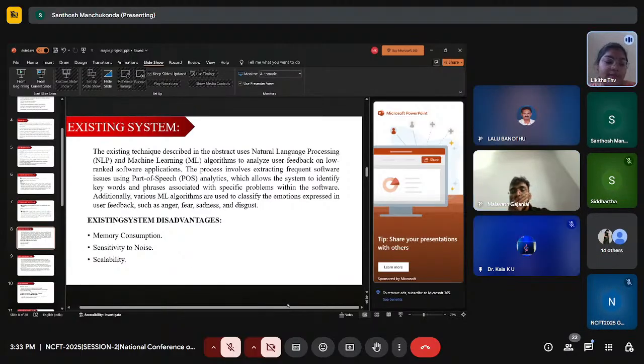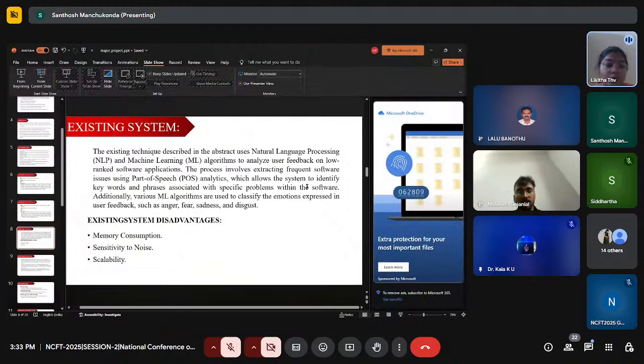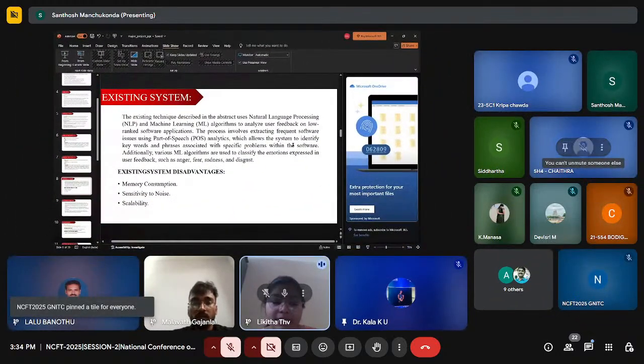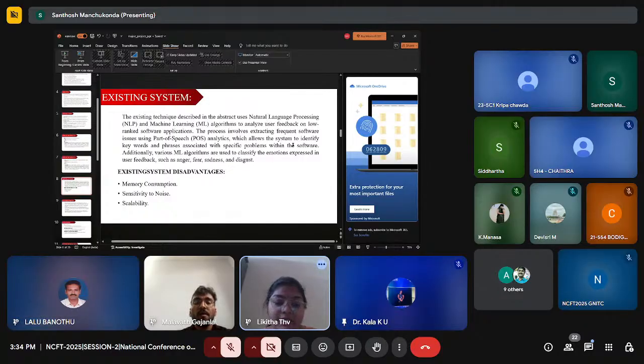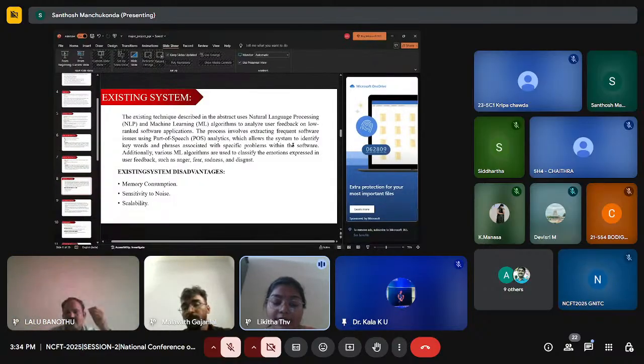In the proposed system, we use two deep learning models, BERT and LSTM, and these two understand the meaning of a word by looking at the full sentence. For example, the word bug could mean an insect or a software error depending on the context. LSTM then captures how emotion evolves across the sentence. For example, if a sentence starts with happy but ends with frustration, LSTM helps detect that transition. This combination leads to better understanding of feedback and